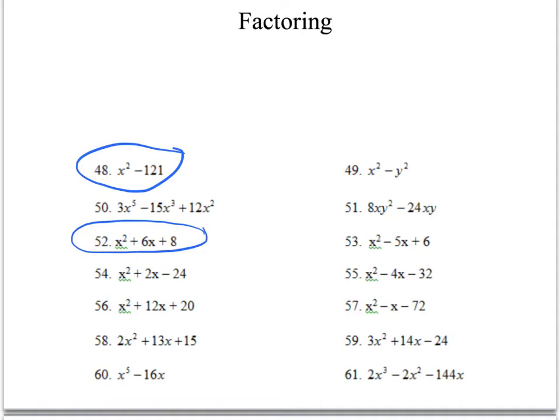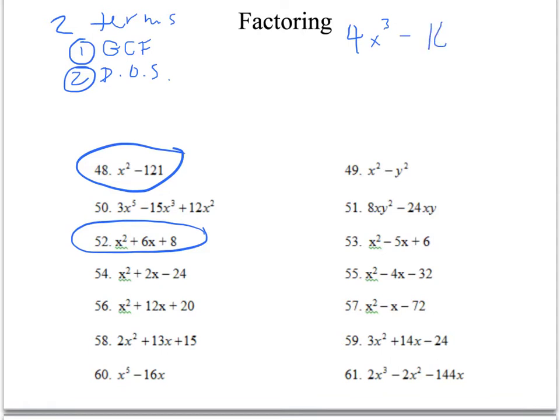If there are only 2 terms, then your only options to factor are that you are either going to have a GCF problem, a greatest common factor problem, or a difference of squares problem. Now, a GCF would be something like this. If we had 4x cubed minus 16x,